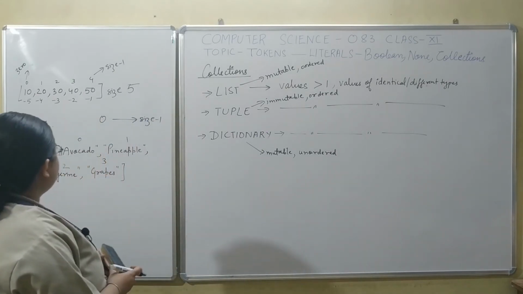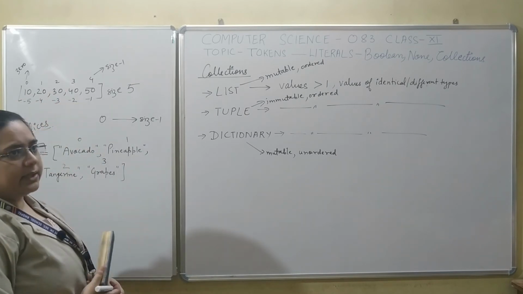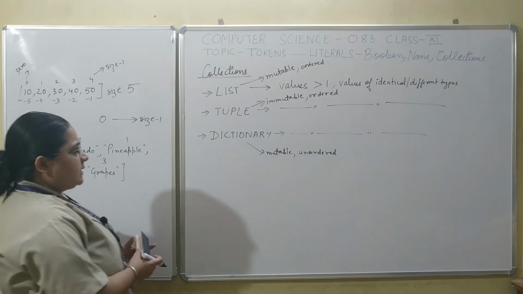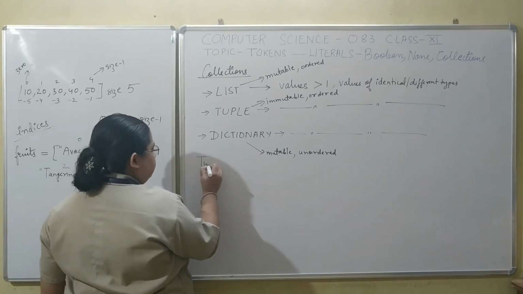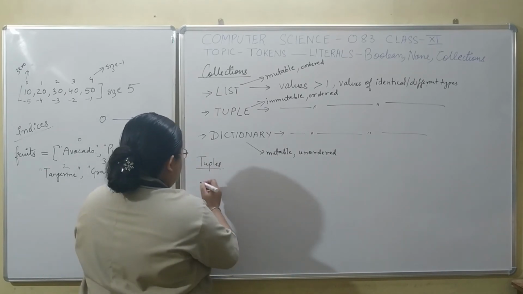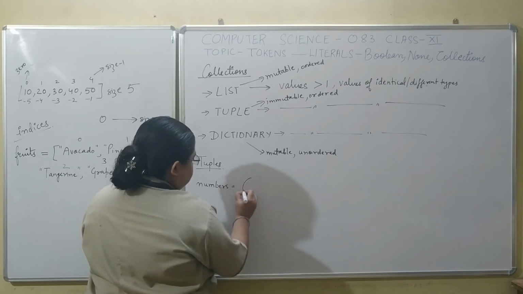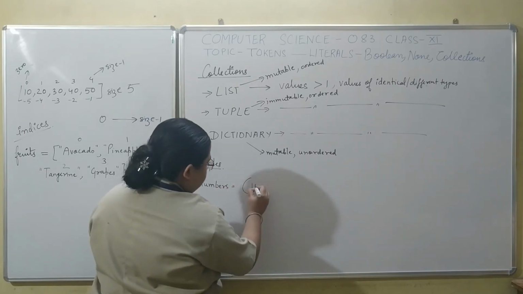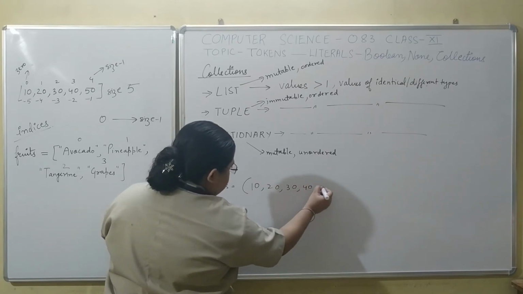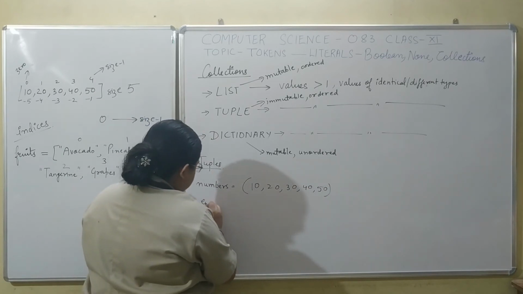That is because you have already seen that in lists all the values have specific ordinal numbers. So this order will never change. Same way with tuples also. You can see how tuples are represented. If I take a variable here as numbers, we can use a pair of round brackets to represent a tuple. Everything would be the same. I can also use a tuple to represent record of an employee.